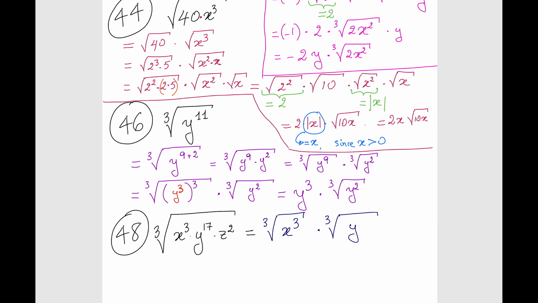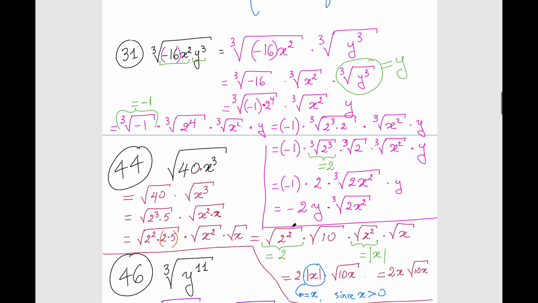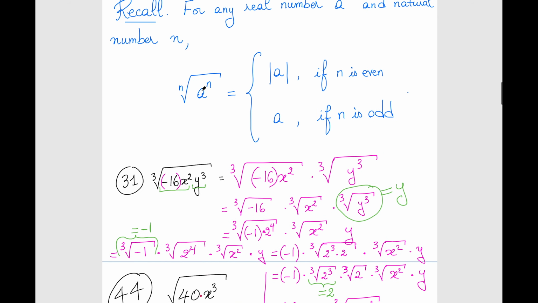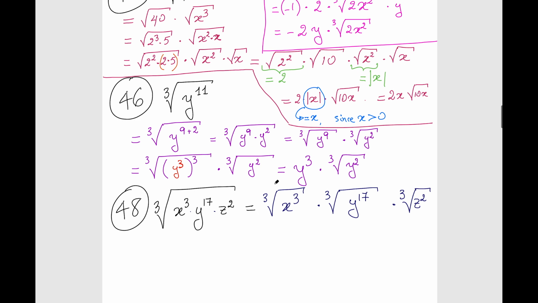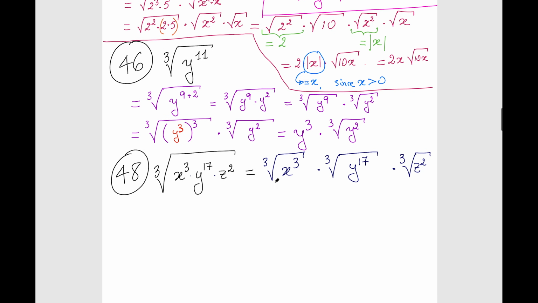You get this, correct? And then what is that? We just dealt with this. Third root of a cube. Third root of a cube, when n is odd, it's 3 in this case, we get a. So we're going to only get x here, this x. Times